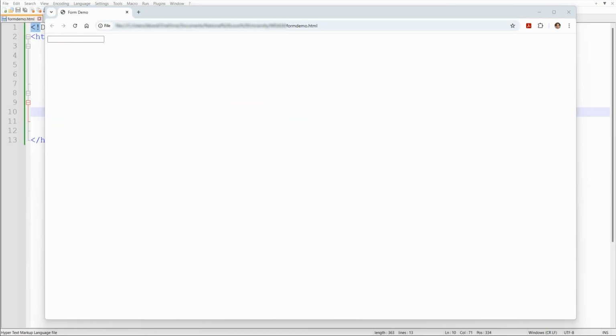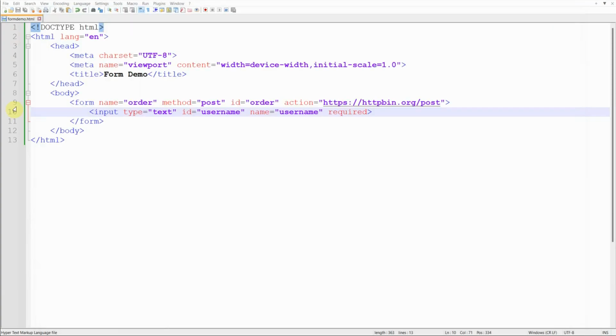So we'll add some more features onto this form. All that did was that input that created this form, this text box here. Now, if you notice for that form field, we didn't really have any kind of label. So we need to indicate what information is going to go in that text box. We do that by adding text, but in HTML,